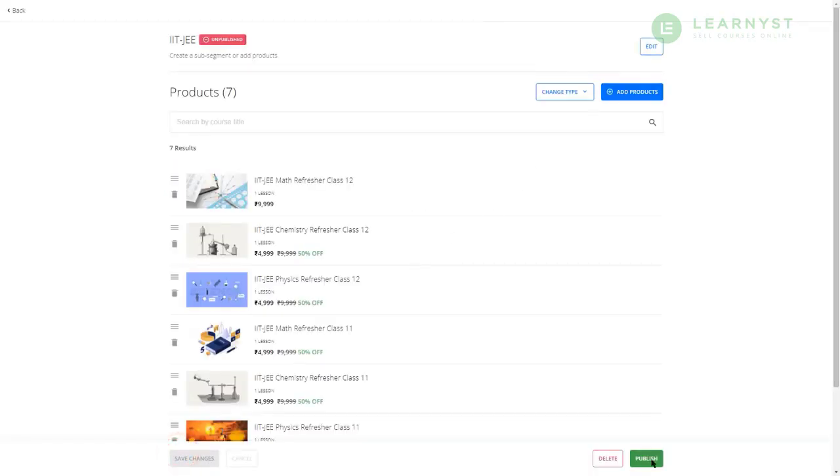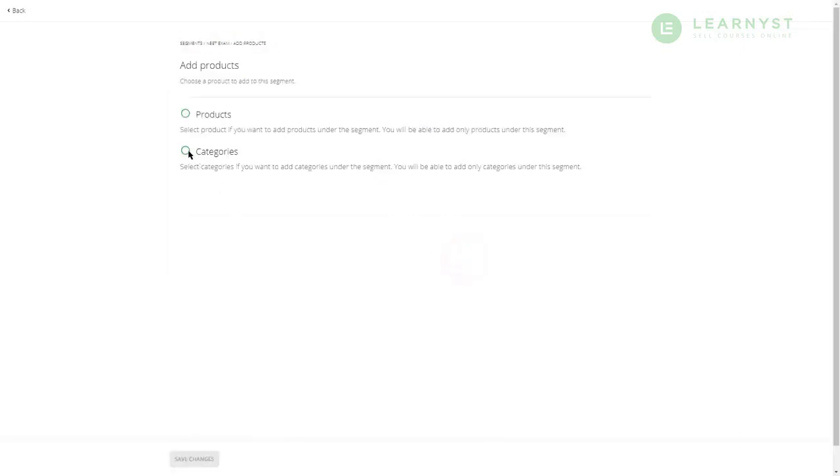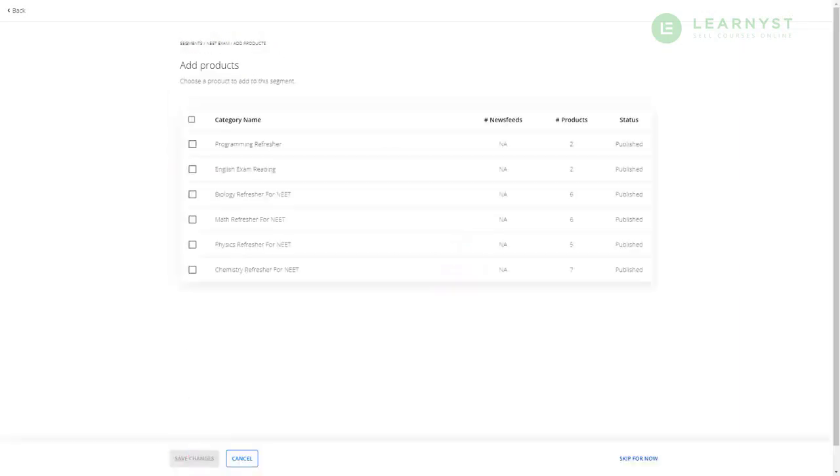Once you have added the products, click on Publish to make the segments go live. Similarly, to add categories into your segments, click on the Add Products button and select the Categories option. For example, I can create a segment for the NEET exam and add the entire products from the categories.